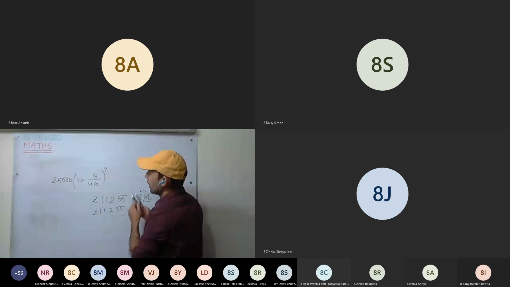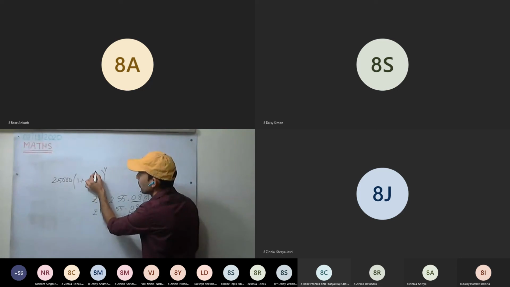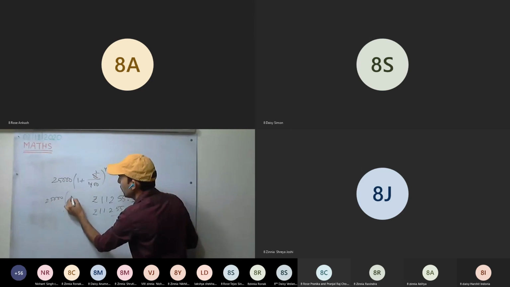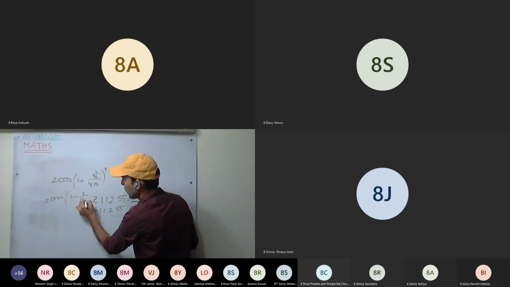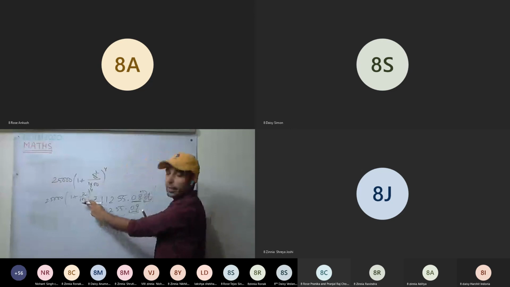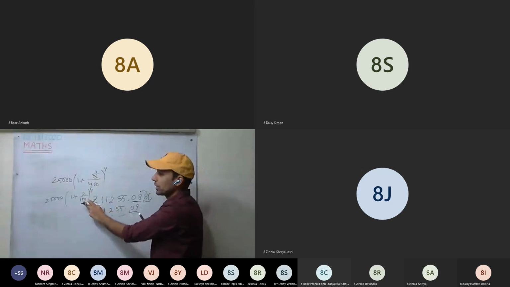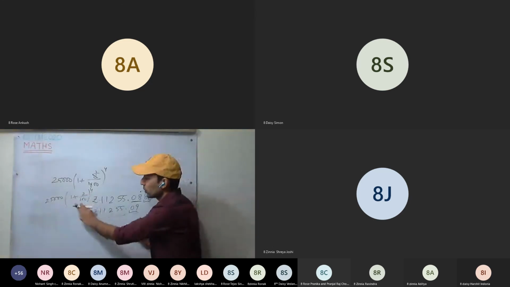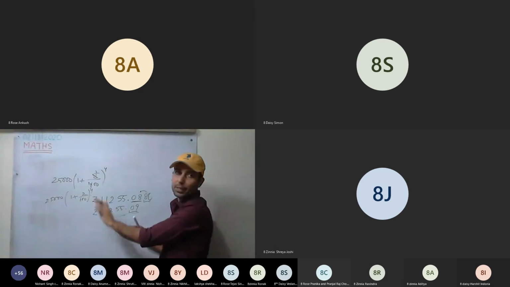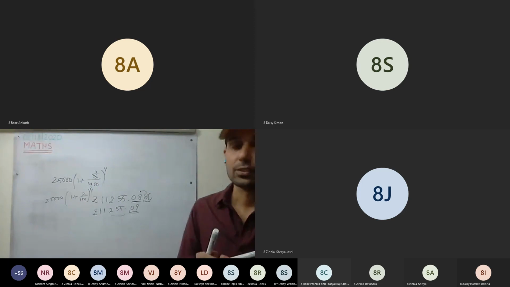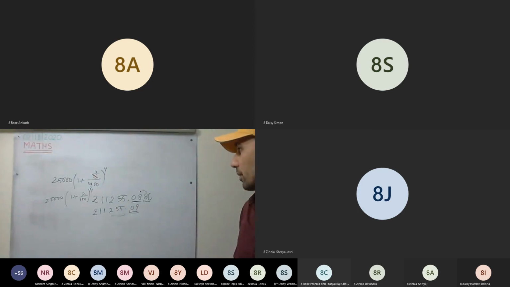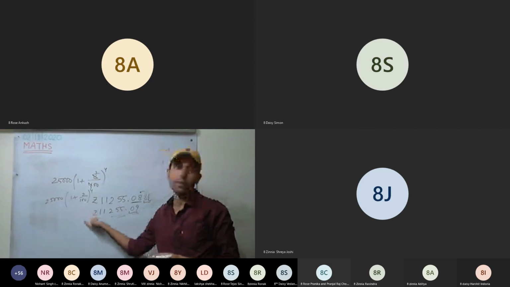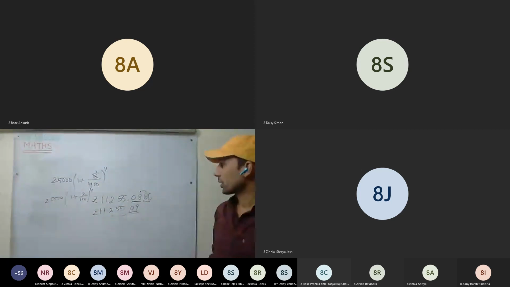Here as well, it is very clear. Here, divide only once. 4 2 ja, 4 1 ja. So it will be 2500 into 1 plus 2 upon 100 raised to power 4. Don't divide it further, okay? It's easy to keep it in 100. Always remember this one. So it will be 102 upon 100. Always keep it as such. It will be more easy to solve. Or you divide, then also you can do, because 25 is there, 5 5, they will get cancelled. So it is still okay.